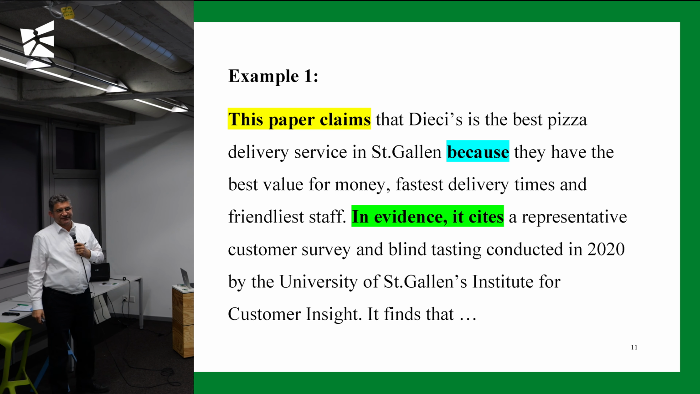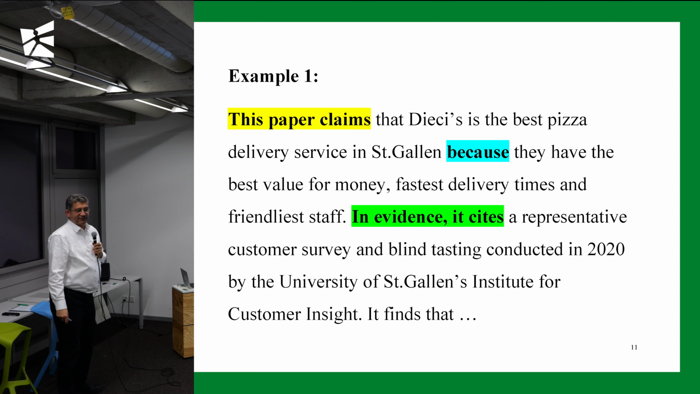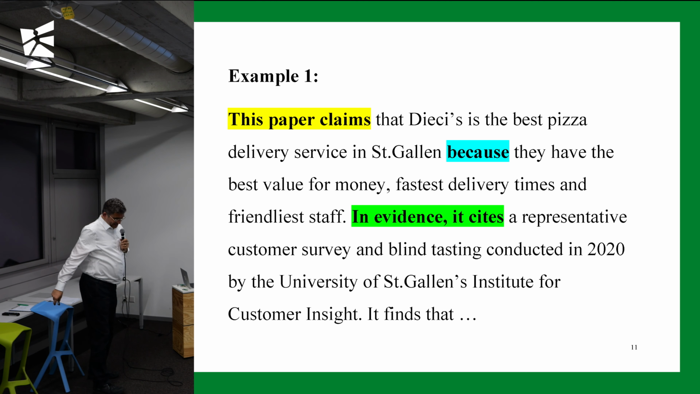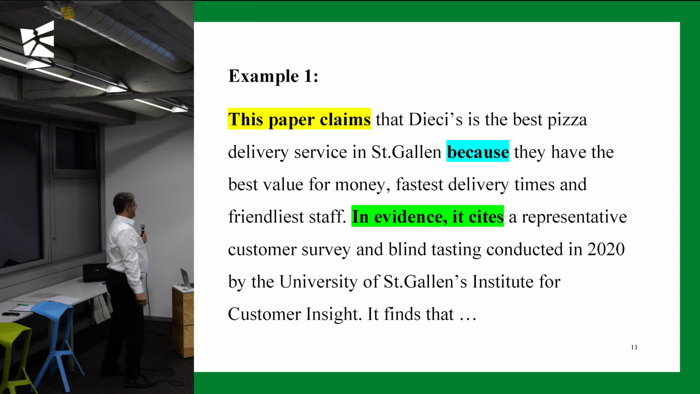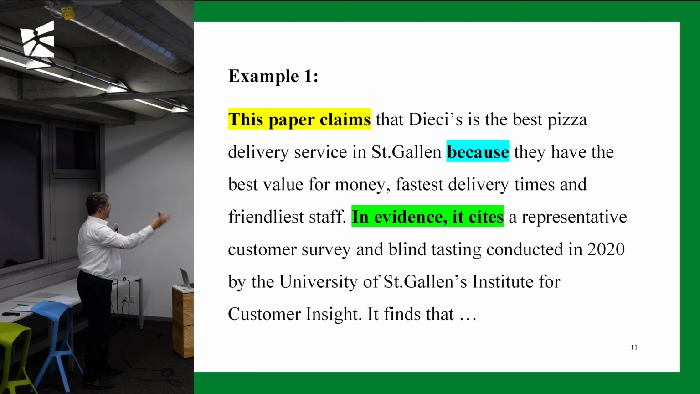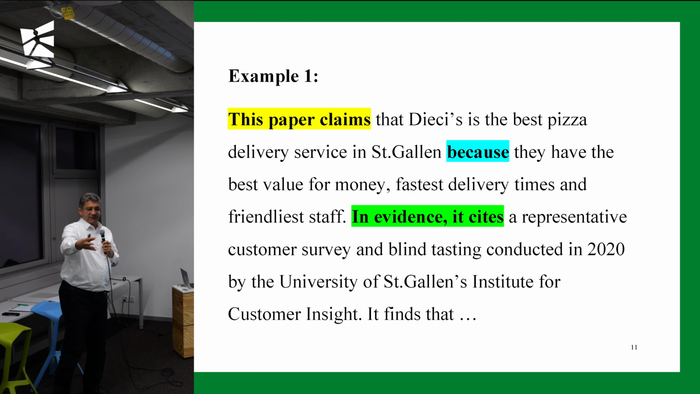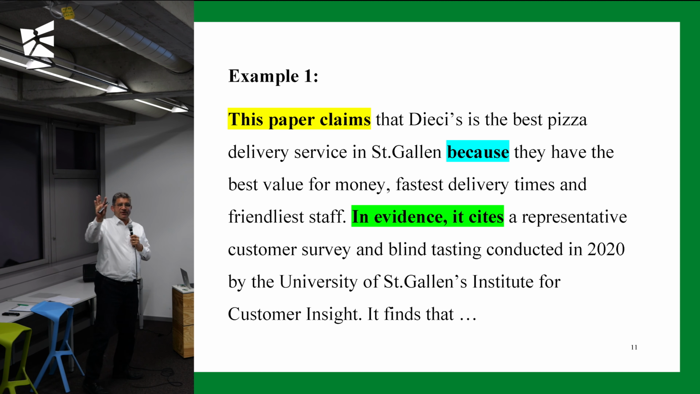It will be the abstract of my assessment year paper if I were writing one. This paper claims, you can see I'm staying with the colours, that DH's is the best pizza delivery service in St. Gallen because they have the best value for money, fastest delivery times and friendliest staff. Okay. So if we're having dinner and we want to watch the World Cup final together with Christian Schlumpf on Saturday evening, we would say, okay, no more research, but on Monday morning when we meet again, we might say,